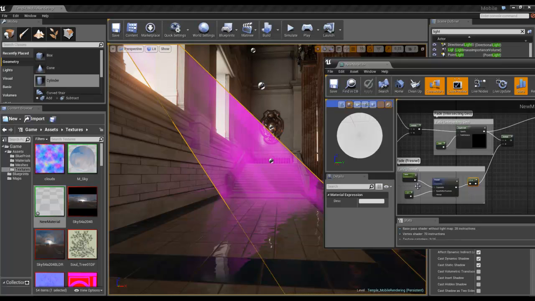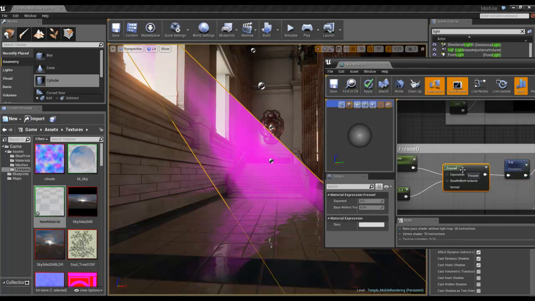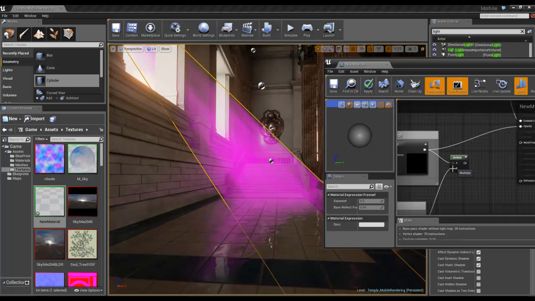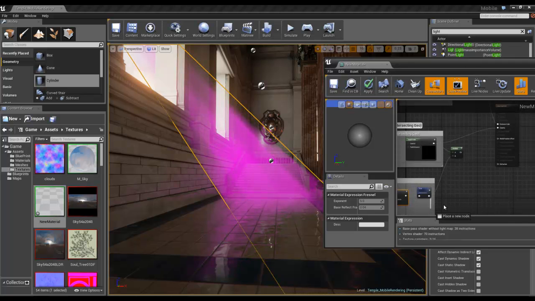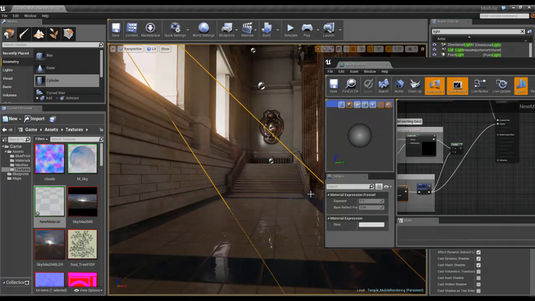But the problem we have is that it operates the wrong way around for us. So we need to have this minus node to basically reverse it, so if we preview it through this part, we're seeing it the right way around, which is black on the outside, white on the inside. So that's why that node's there. But essentially, this is just a standard Fresnel node, and I've done stuff with those before, so it's nothing exciting new. So if I just drop that as it is straight into the opacity and hit apply and see what it was doing,